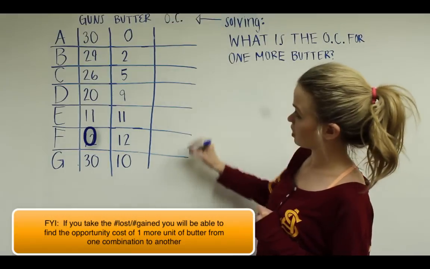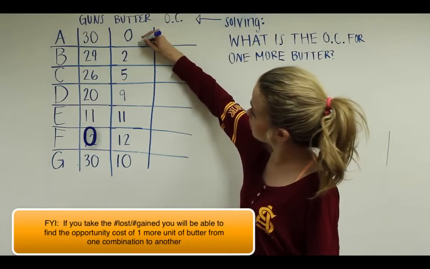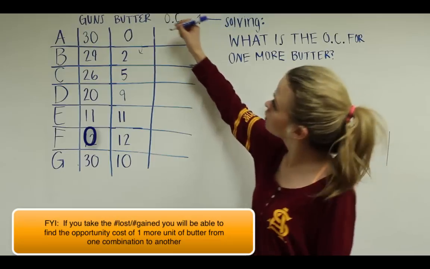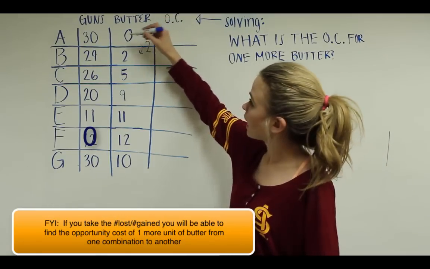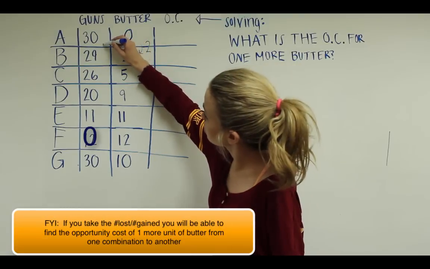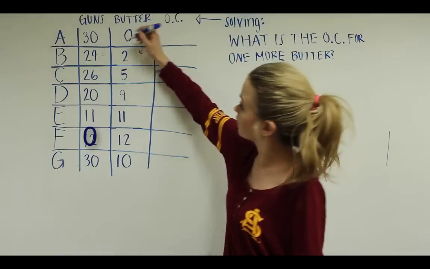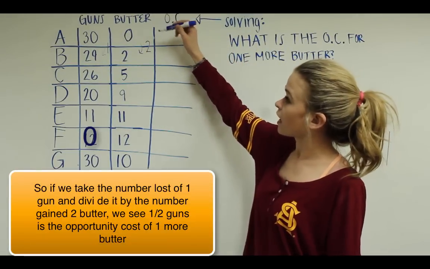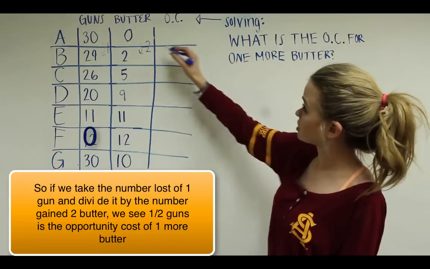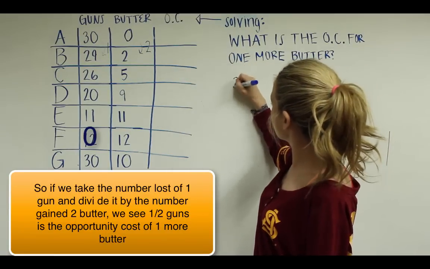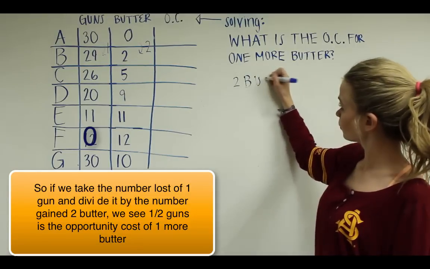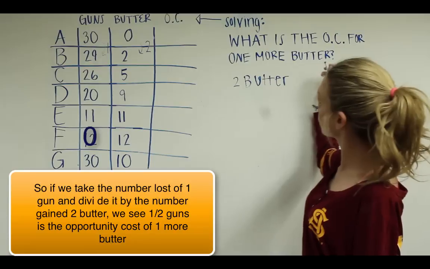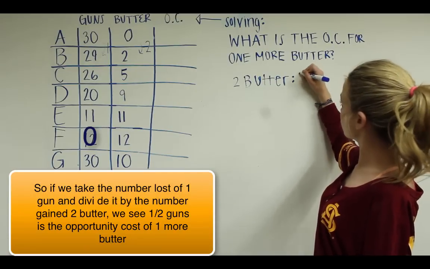And we're going to put the opportunity cost in this column. So moving from here to here, how many butters are we gaining? 2. And in the same interval, how many guns are we losing? Well, 30 to 29 is 1. So if we want to know what the opportunity cost is for one more butter, and we're gaining 2 butter and losing 1 gun,